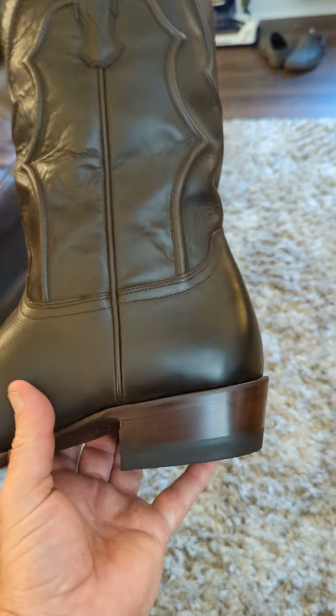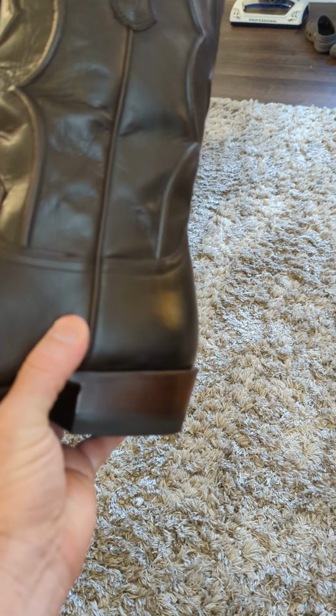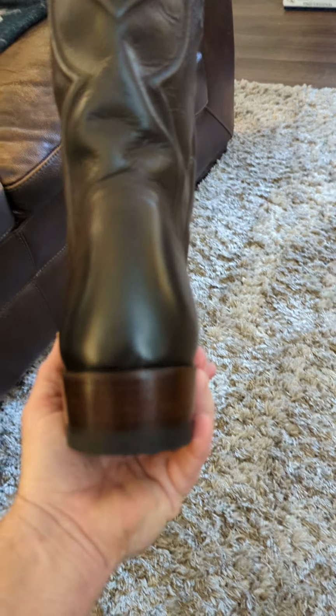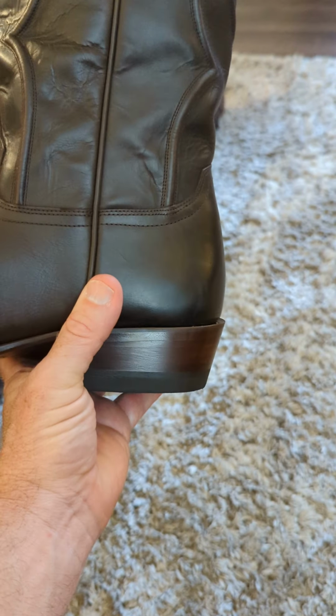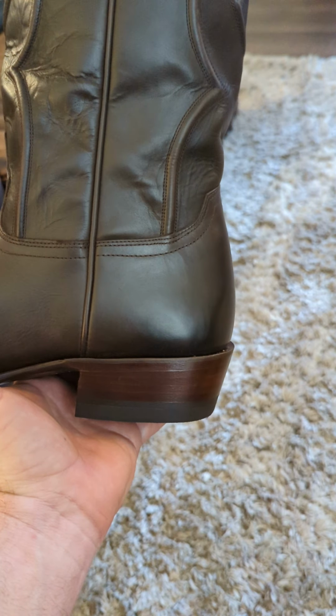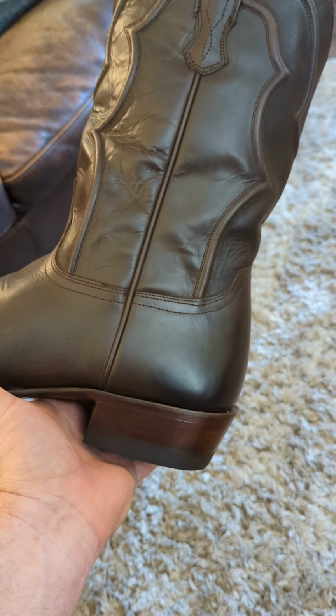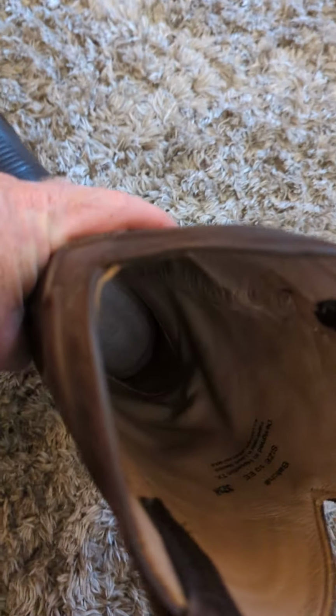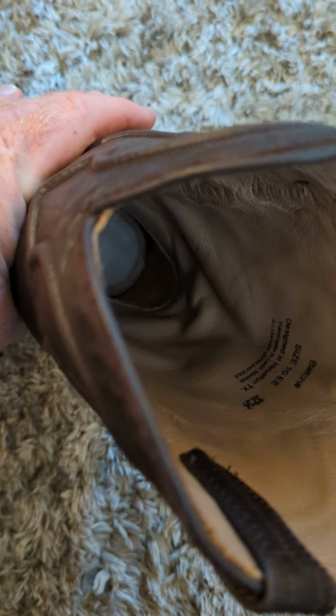The difference to me is the heel counter. And there's two differences. First of all, this heel counter is way tighter than any of the other boots, and that's a good thing for me. I have less heel slip in this boot. It feels to be very firm, so I don't know what the material is in there. The other thing with that heel counter is it is covered by what appears to be a thicker piece of leather than some of the other competitor boots. I'm sure it's a composite material, but it does have a piece of leather over it, and that leather appears to be